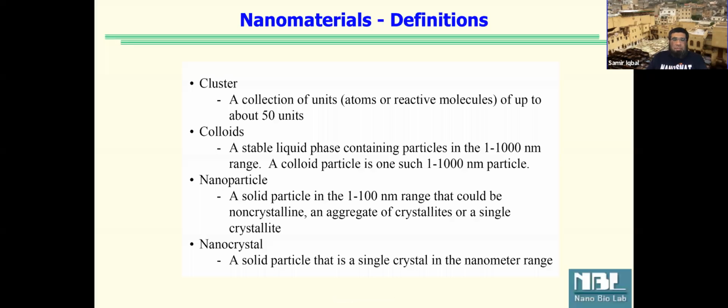There are definitions for nanotechnology. We call it a cluster when we get about 50 units of atoms or molecules together. If we have a bunch of nanoparticles in the size range of 1 to 1000 nanometers, and you mix them in solution,